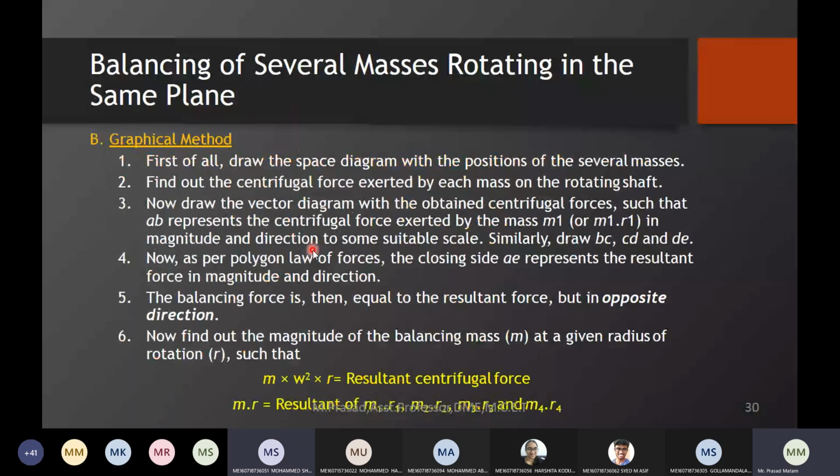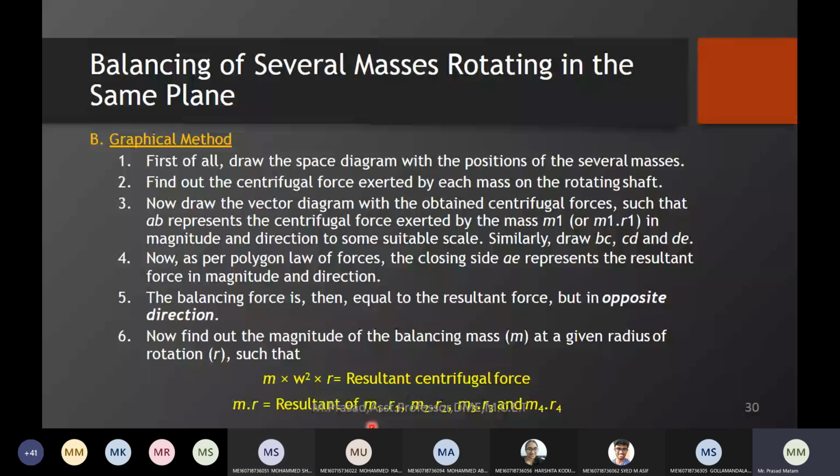I would like to show in the next class how we approach this graphical method. If you have no doubts, you can leave this class. Sir, while calculating, we'll get the Fc value, right, sir? Resultant, yes. Then how will we get m and r, sir? We are getting the product of m into r, so we will not get individual m and r, right? Individually you don't get them. We are getting the product of m and r.